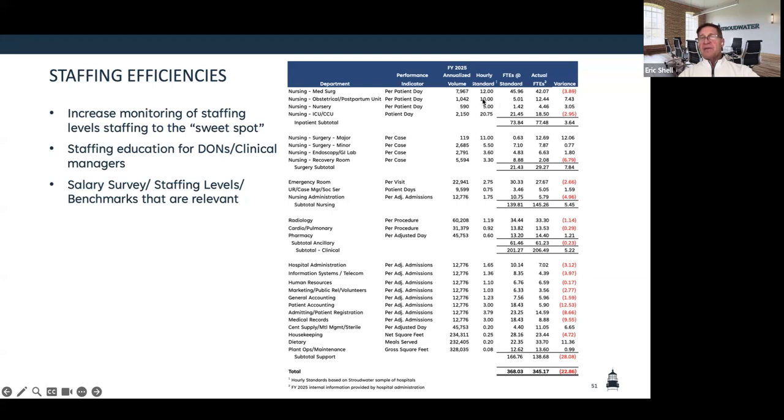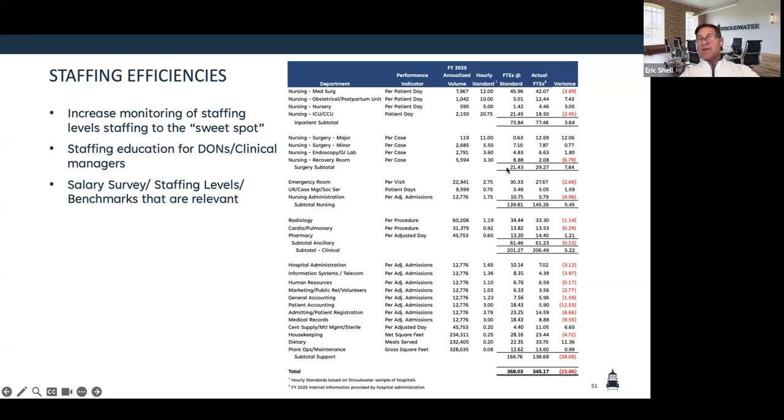Obstetrics, we look at 10 paid hours per OB day. Nursery, 5. ICU, almost 21. So we look at the standard based on the patient days, which creates a standard, and we compare to the actual. So this nursing unit here, I would say this is very efficient. It's right there at benchmarks. And the benchmarks that we've pulled together, these standards, think of it as the efficient frontier, the top 20% of rural hospitals.